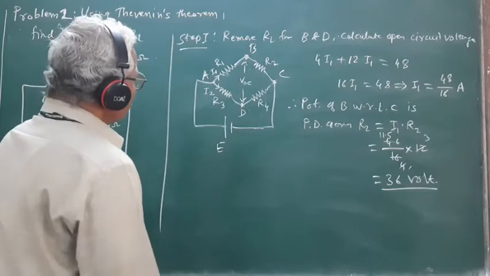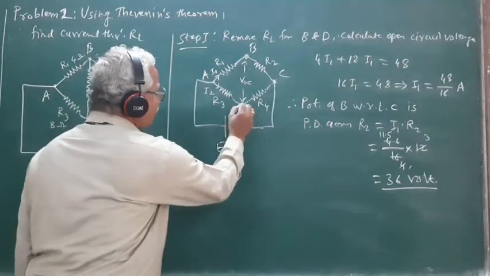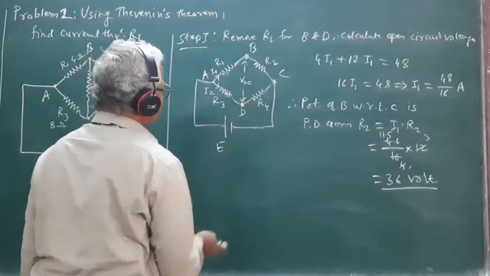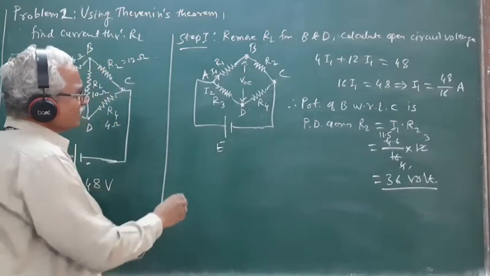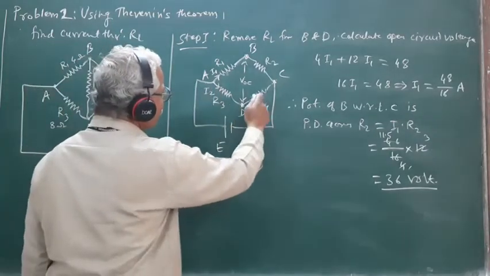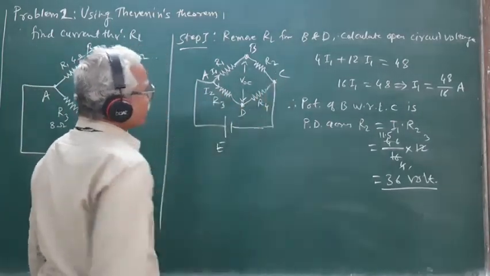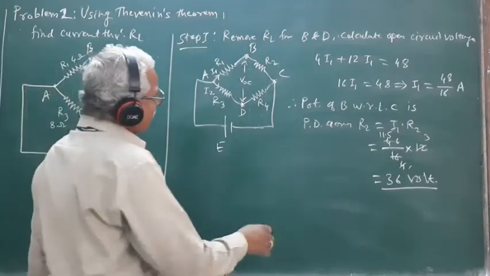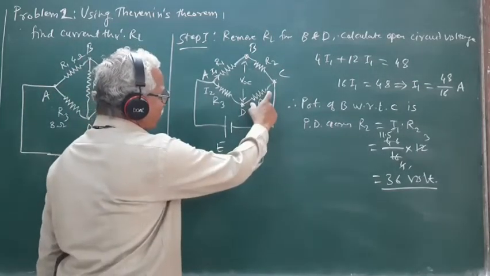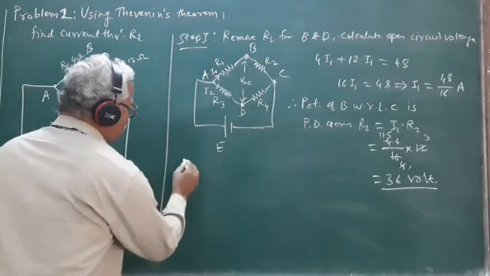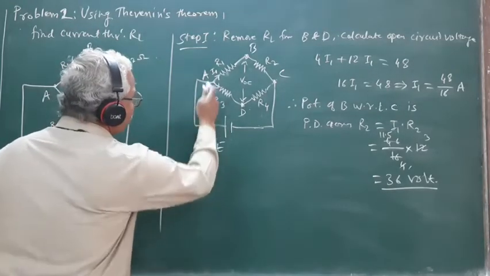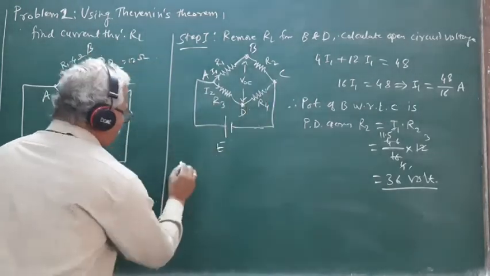Then we can find out the potential at the point D with respect to C. For that purpose, we must find out first the current flowing through this branch ADC, and then find out the potential drop across R4. So for the branch ADC,